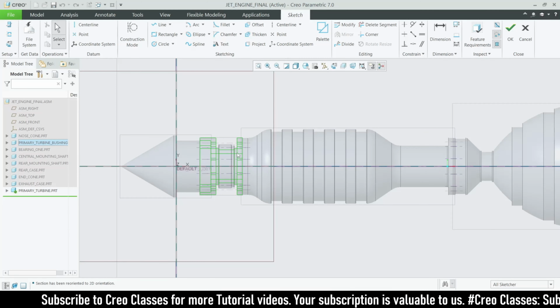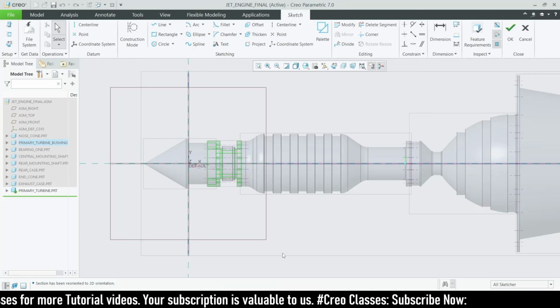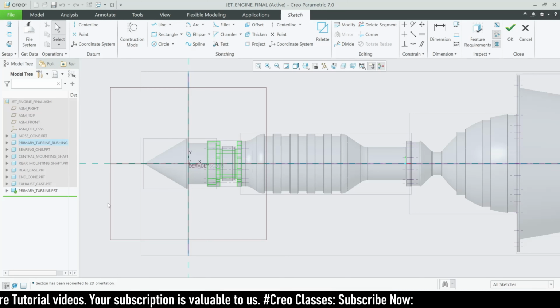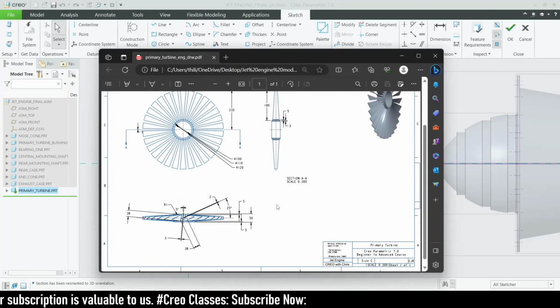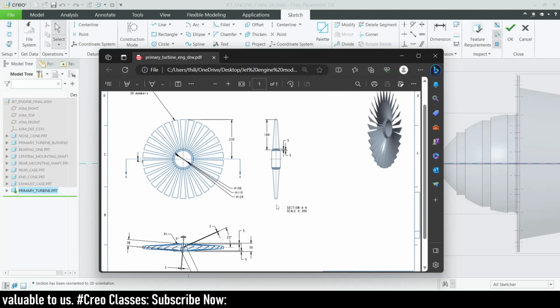Okay, so let's see the dimensions of this part. Okay, so yeah, here it is okay for me. And like the same which we have done before, we have to create here. But